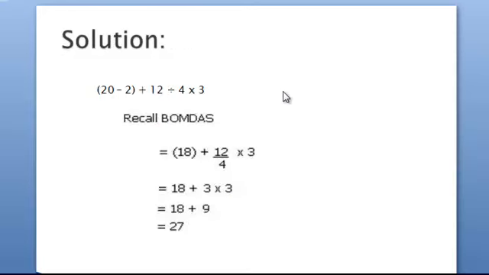So using BOMDAS, we know that the first thing that we should solve in the arithmetic operation is the brackets. Why? Because BOMDAS stands for brackets, then orders like powers, square roots, etc. Then multiplication, then division, addition, then subtraction. So the first thing we solve in the arithmetic operation is the brackets. And 20 minus 2, that gives us 18. Put back our plus sign, and the next thing we do is